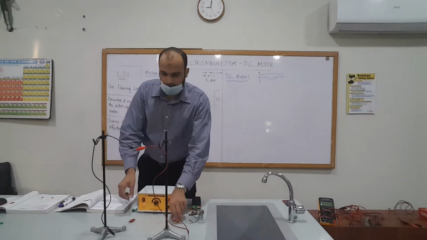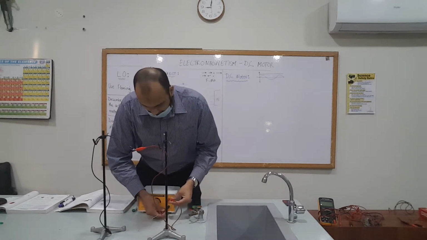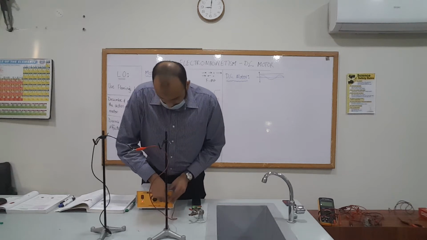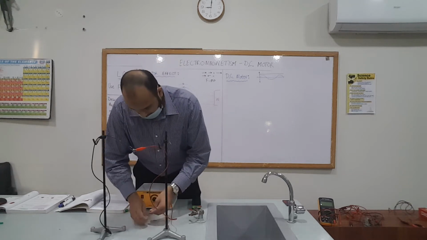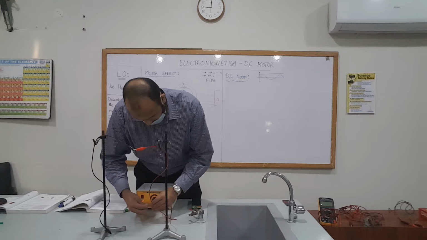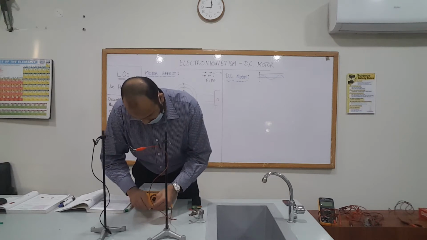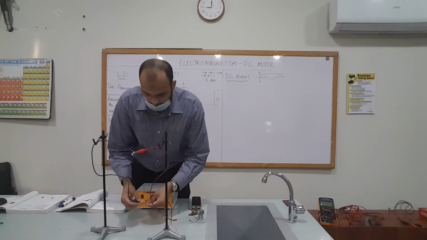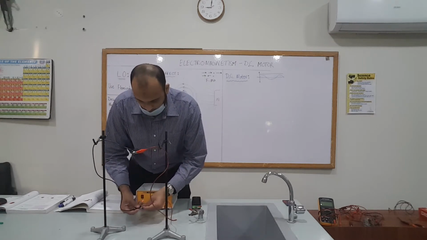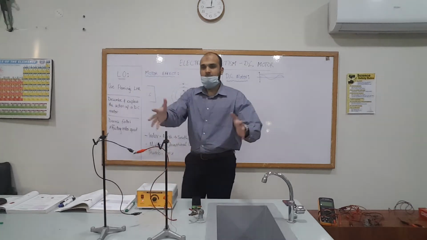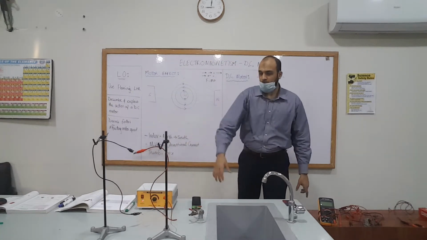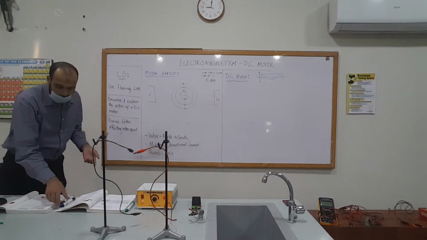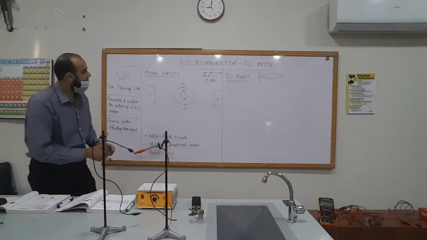So we are already familiar with Fleming's left-hand rule. So let's imagine that we've got a circuit as shown in front of you. If I draw this on the board, we might get something like this.